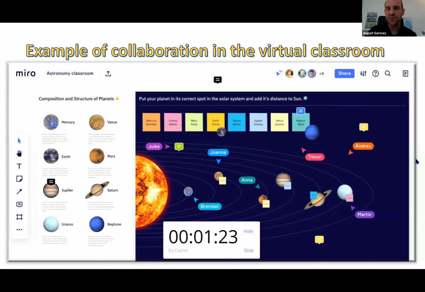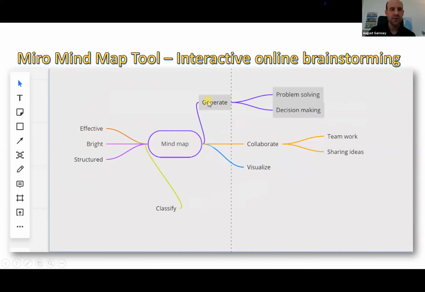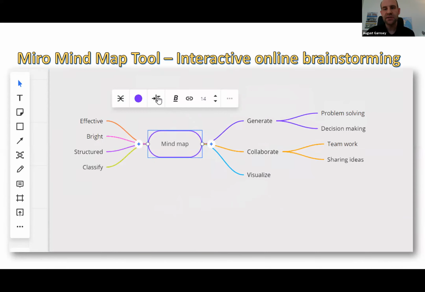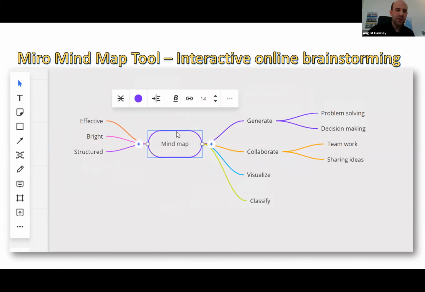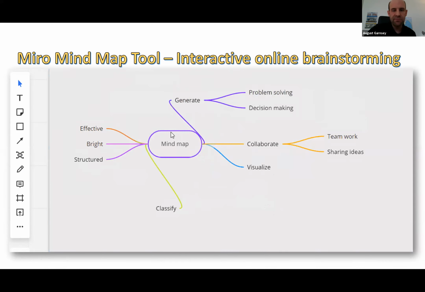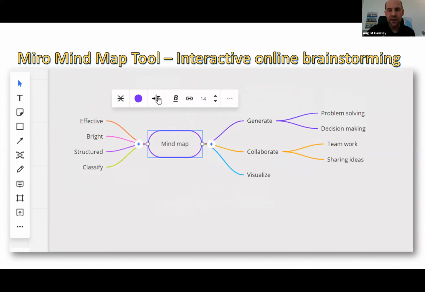Going forward to the next slide, I want to show you another possibility: the mind map tool, for brainstorming. What an important stage of our English language lessons. In Miro there are tons of templates, and some maybe aren't so necessary for English language teaching, but the mind map, as we mentioned before, is important.